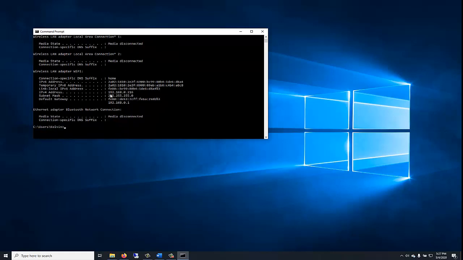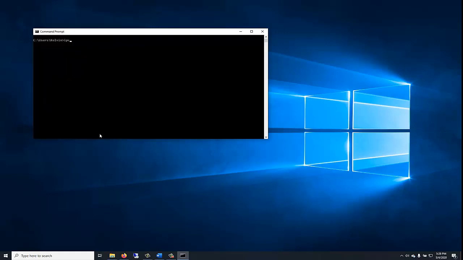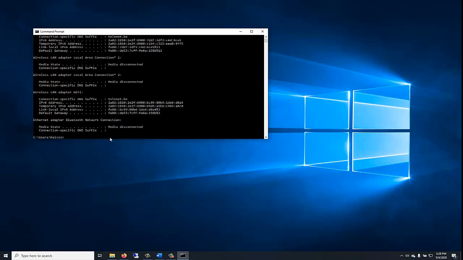But in case you don't have the right IP address, if for example you get the wrong IP address, like what they call the APIPA IP address, what you can do is to type ipconfig /release and then press enter. So what the release does is this: